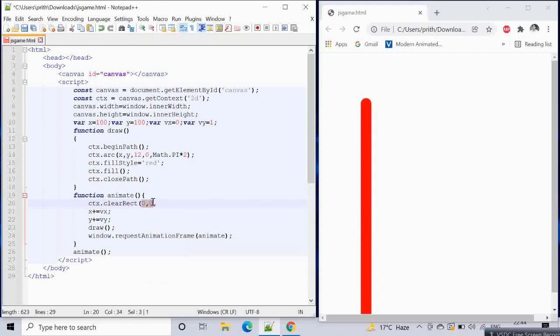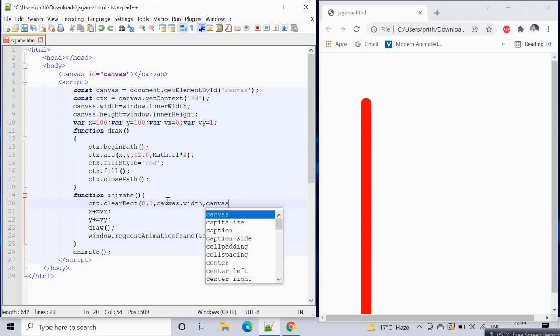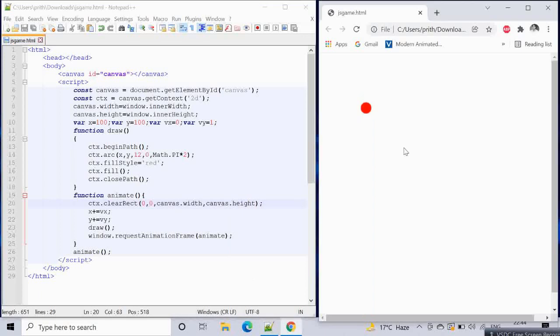So we write ctx.clearRect 0, 0, meaning we want the entire screen, canvas.width, canvas.height. Now the ball is moving downwards.